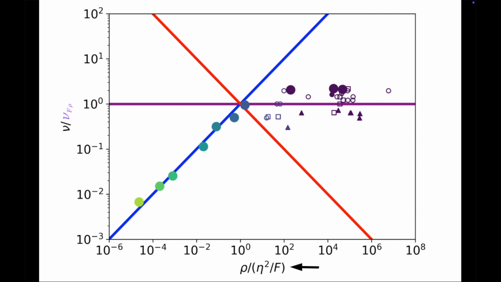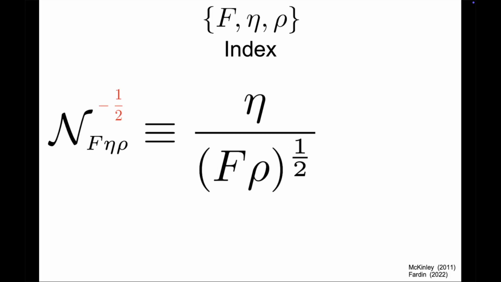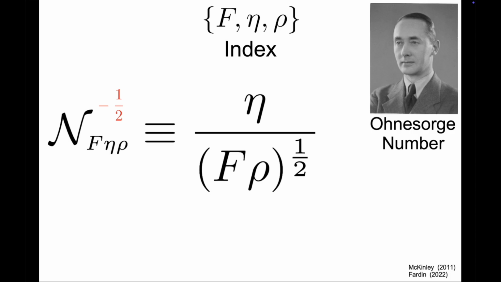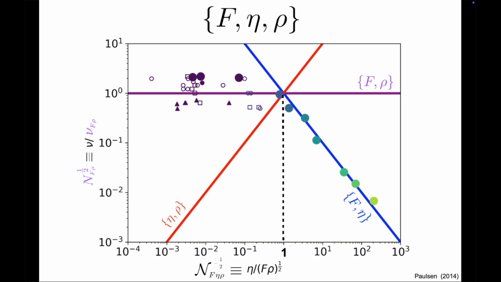So the index of the domain can be thought of as the objective density for these drops and bubbles. And as we've seen, another possible approach is to invert the square root of this number, to get a scaled viscosity. Written in this form, this dimensionless number is called the Ohnesorge number. Usually the force is expressed from the surface tension and the droplet or bubble size. Presented like this, or like that, this index is essential to understand the trio it comes out of. This objective plot is certainly better than the subjective version we started with.